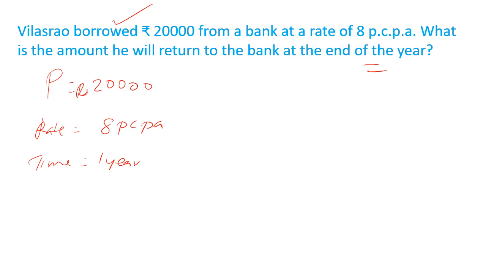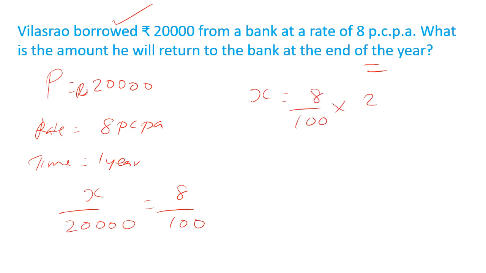So again we will say X if it is 20,000 rupees and 8 if it is 100 rupees. Correct? So what will we do? X is equal to 8 upon 100 into 20,000. On the left we multiply by 20,000, and on the right also 20,000; then we cancel. We need not do all this now, we have grown up, so we just cancel. So you will have 8 twos are 1,600 rupees. What is this?